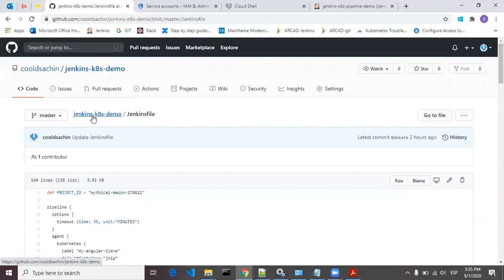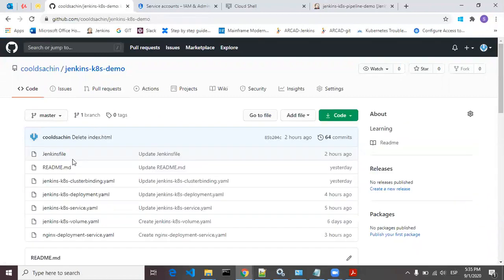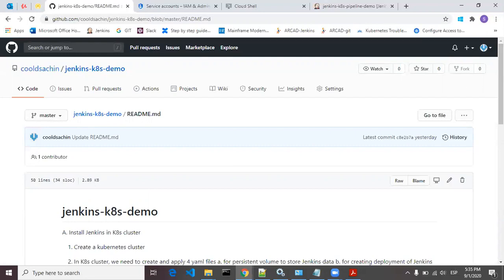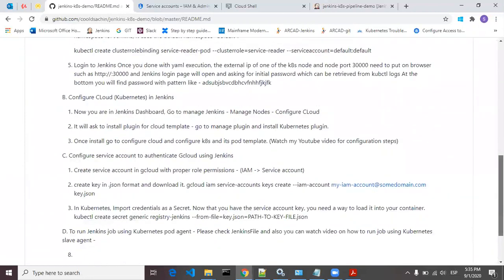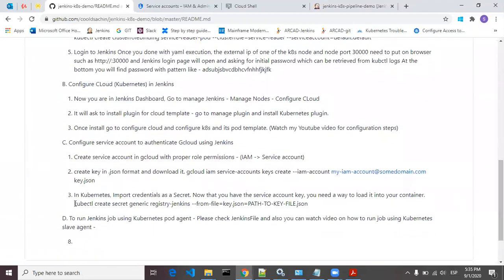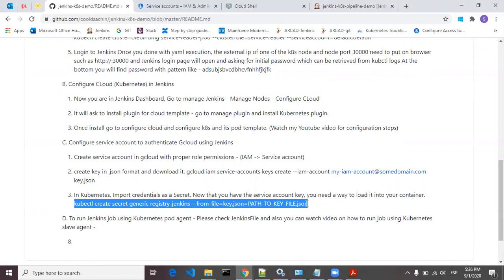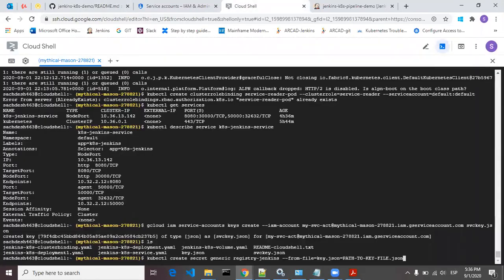you have to perform one more step. Go to readme.md, and then you have to create a secret, and that secret will be created with the help of the file key.json. kubectl create secret generic registry Jenkins.